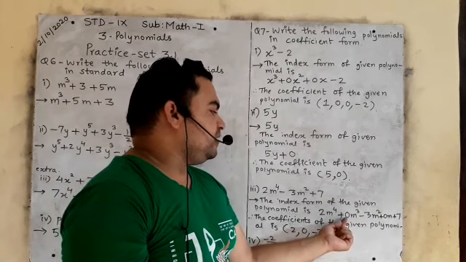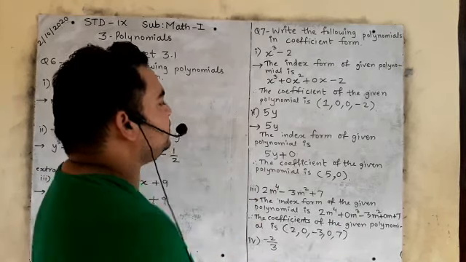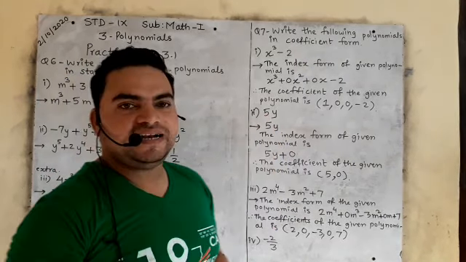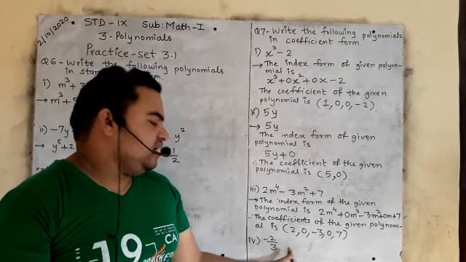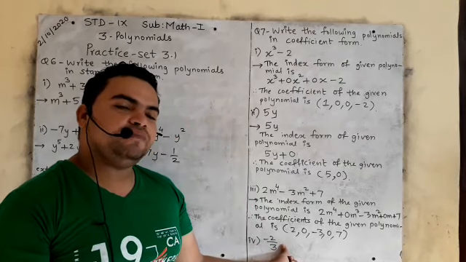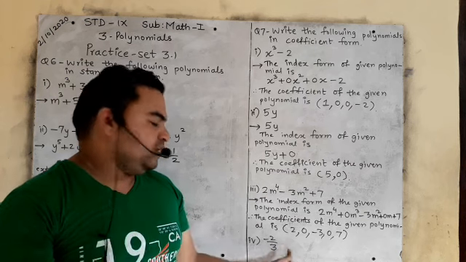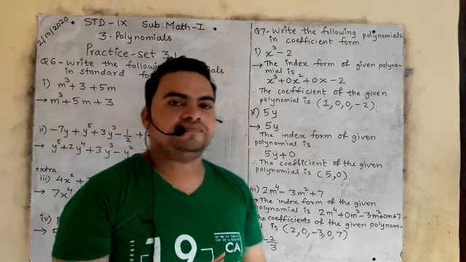So we will add them by using 0. Is it clear? And then we will write the coefficients. Coefficient means the variable having the particular numbers beside them. Is it clear? And at last, the number minus 2 upon 3 does not have any variable. It means here the variable is having 0 degree, which value is 1. So therefore the coefficient of this is the same, minus 2 upon 3.